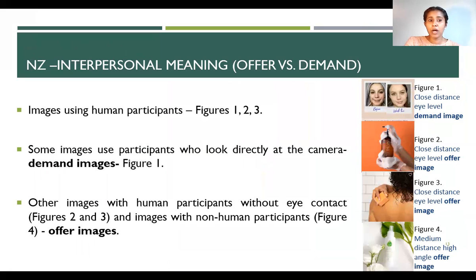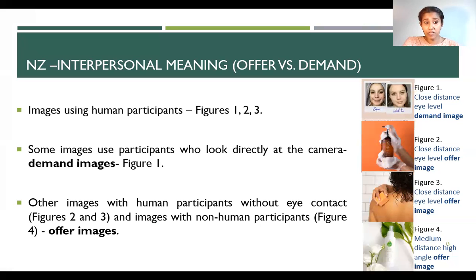interpersonal meaning refers to how a semiotic mode can project a particular social relation between the image producer, the image viewer, and the represented object. In this regard, one distinction that is made is between demand images and offer images. Now, demand images are the ones in which participants gaze directly at the viewers, creating a form of direct address. In contrast, offer images provide information to the viewers more objectively, and there are no animate participants making direct eye